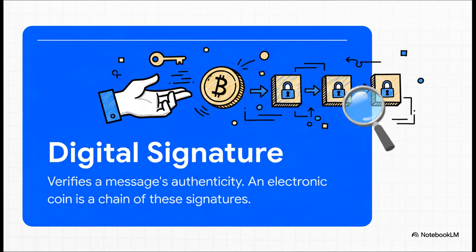All right, so a hash proves that data is authentic, but how do we prove who owns it? That's where digital signatures come in. This is how ownership gets transferred. The owner of a coin uses their secret private key to digitally sign a transaction. This signature then links the hash of that transaction to the public key of the next owner, creating this unforgeable, verifiable chain of ownership that anyone can check.